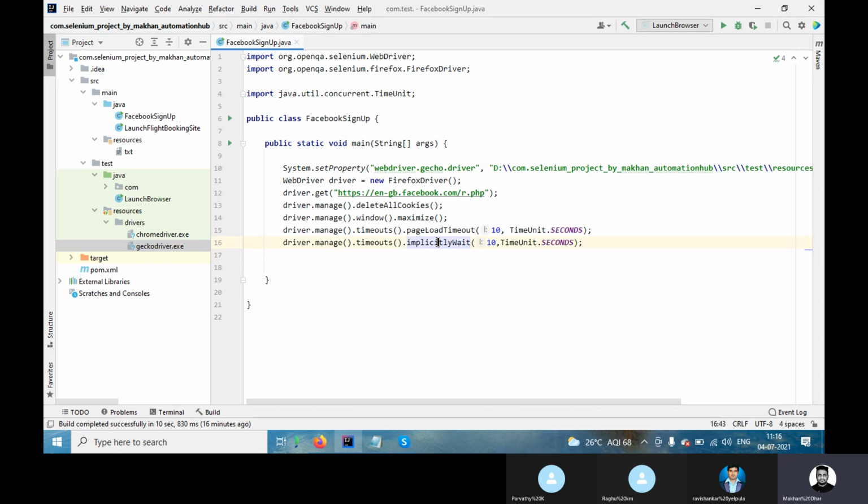But in the case of implicit wait, it may take 20 or 30 seconds. If everything is correct, it will not wait for that particular thing. Thread means we are forced to stay till the maximum limit; we can't proceed. But with implicit wait, we can proceed once the element is able to interact.